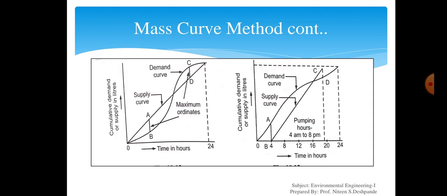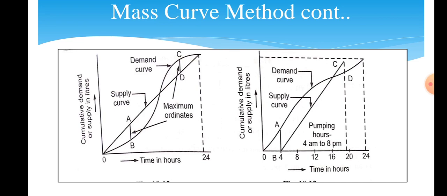Now see, for the maximum demand day, obtain hourly demands for 24 hours. If the maximum demand is given, we have to obtain the hourly demands for the 24 hours. Then we have to work out cumulative demand starting from a fixed time like 8 am or 12 midnight, etc. Then we have to plot the graph of cumulative demand against the time to get a mass curve of demand. In this fashion we can get the mass curve of demand.